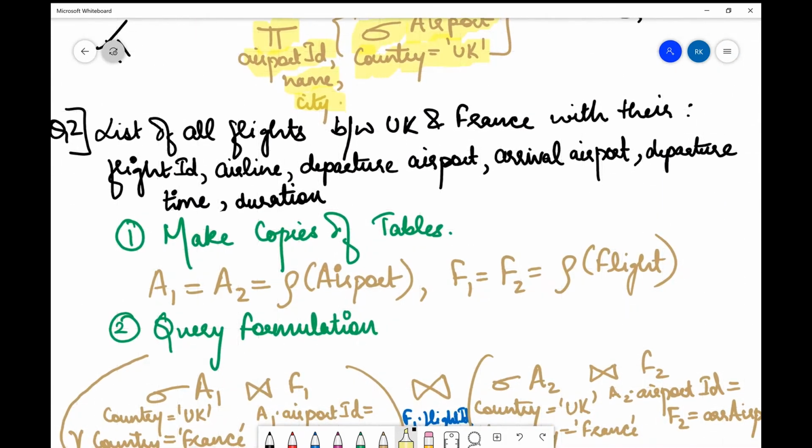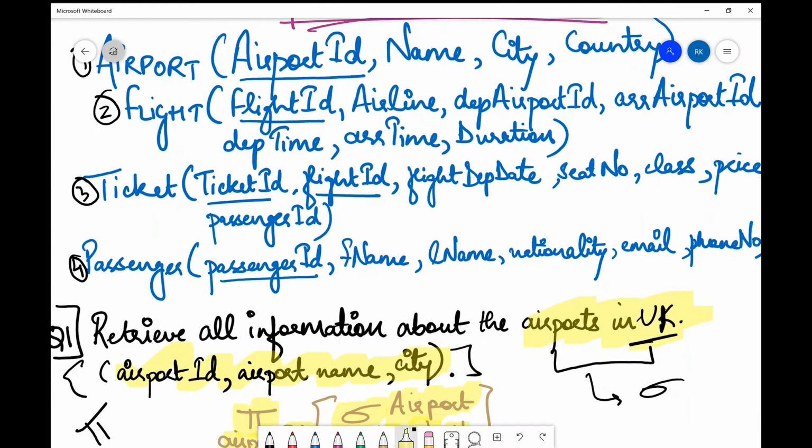Now it says list all the flights between UK and France with their flight ID, airline, departure airport, arrival airport, departure time and duration. Now we'll see which tables we'll require in order to solve this query. In flight, I do get flight ID and airline, but I get the departure airport ID only. I don't get its name, and I need the departure airport name, because when it says departure airport, to me it means the name, not only the ID.